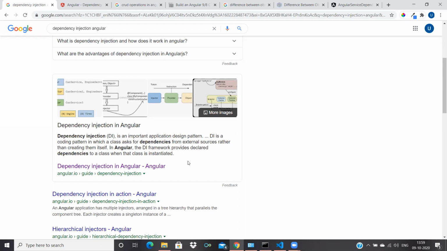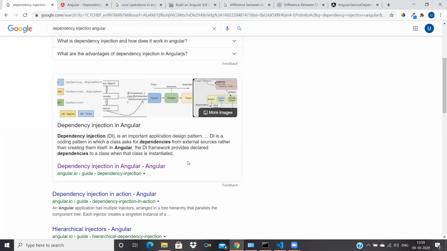Okay, in Angular we have components. For example, if you want to perform some action, but sometimes we can't do that action inside the component, we will depend on another thing. We depend on, let's say, a service. We want to perform an action but we can't do it in the component, so we are depending on a service. We create a service and we depend on that service, and that is called dependency injection.